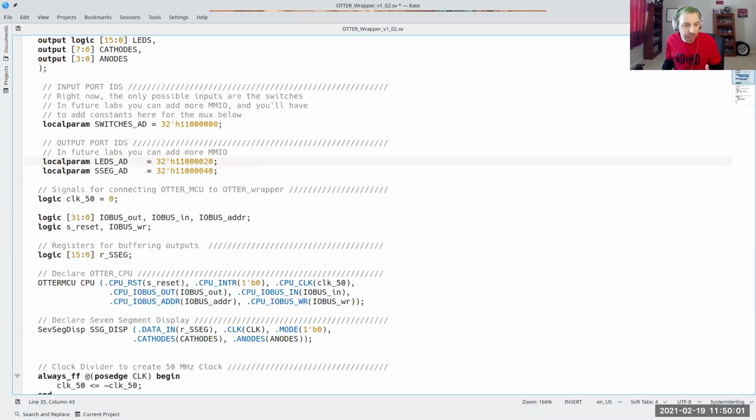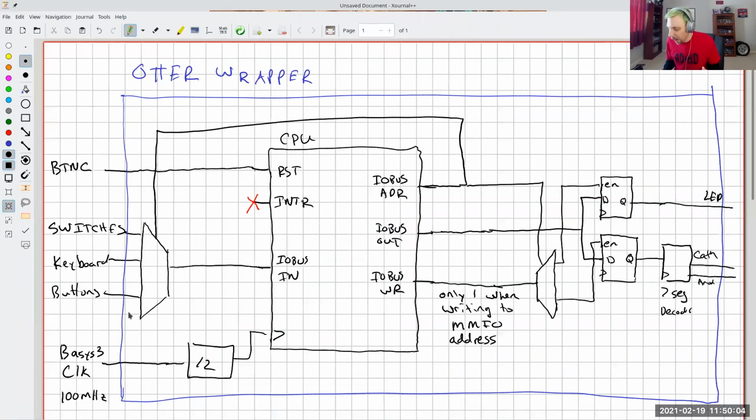And so I kind of hinted at that in this mux. These muxes are where you actually specify all the addresses for all of your peripherals. This is where we get to pick it. So if you wanted the switches to be 11,250, you could pick it. If you wanted it to be 12,004, you could pick it. The only thing that's